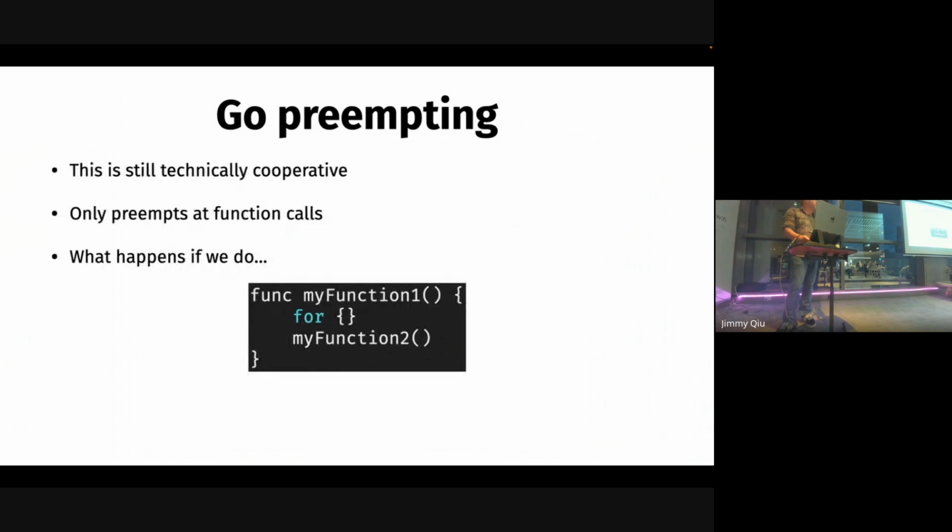So the thing with Go preempting is that the initial version of it is still technically cooperative. So it only preempts at function calls. And this was a problem for a while. Say you had my function 1 and then you have an infinite loop in there. In Go, that's just going to say, run this forever, not doing any work, just loop, loop, loop, loop. When it's done, call my function 2, but it's never going to get to function 2. Because it's never calling a function, it never got to that special bit of code that checks the stack flags to say, can we preempt now, can we not? And it would go into an infinite loop and it could hang the runtime, which was bad.